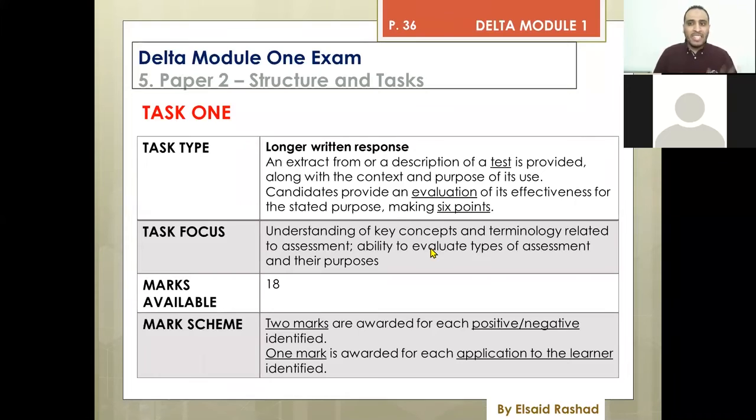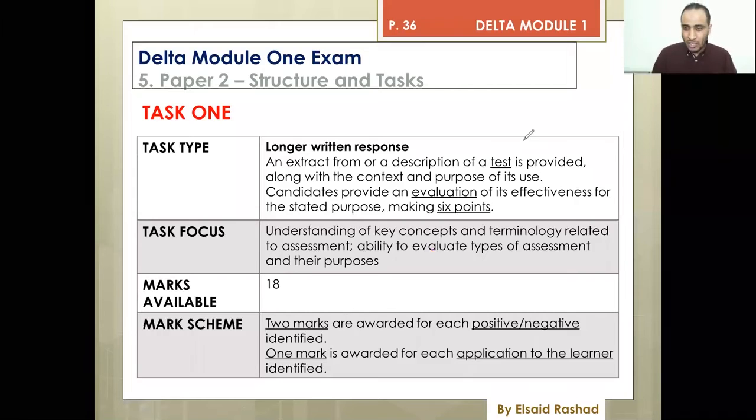You need to provide 6 points, positives and negatives, okay? You can provide 2 positives and 4 negatives. You can provide 1 negative and 5 positives. So what are the positives and negatives you might need to think about in the exam? We will do this with you. We will help you with understanding the testing concepts and how to do this task in the course. So provide 6 points, positives and negatives